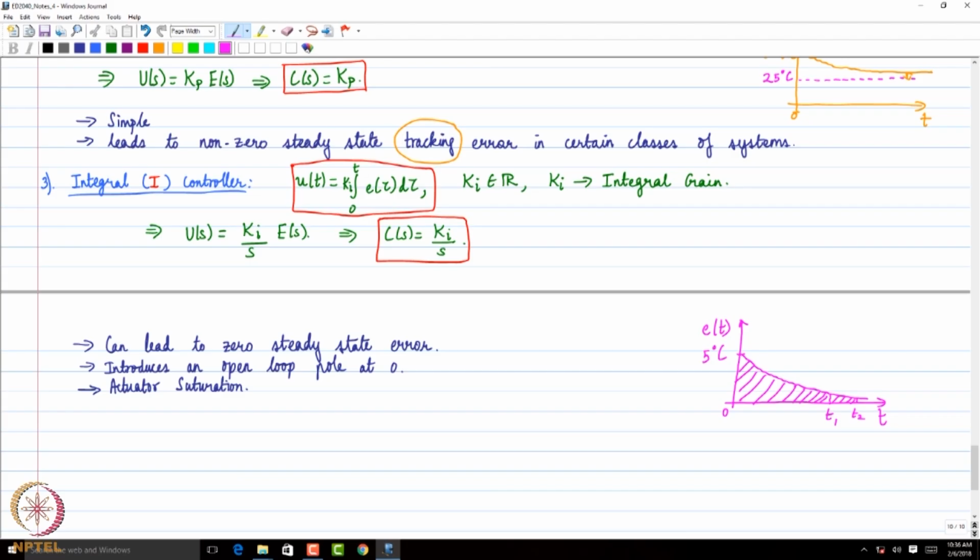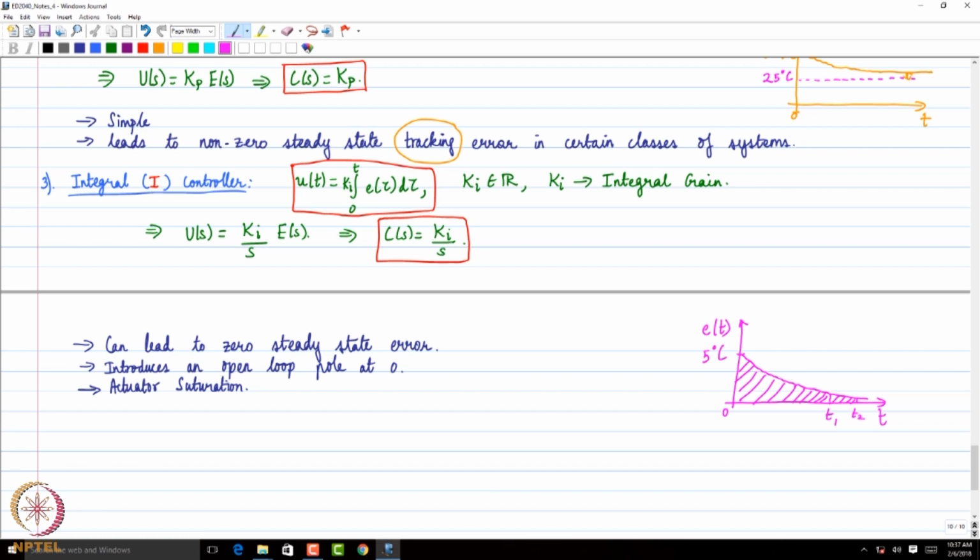It keeps on increasing. Of course, you multiply by Ki, but as time progresses you are decreasing the error's magnitude, yet the integral action takes into account the past error also, because integration in a certain sense takes into account the history of errors. So essentially we are taking into account past errors and carrying them forward with us. Then we are going to face a situation where the area becomes so high that the control input may become very high, so that it can exceed the capacity of the